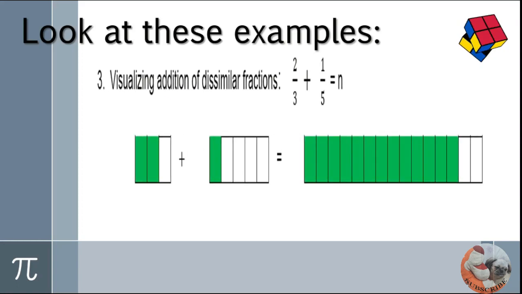Using addition of dissimilar fractions. 2/3 plus 1/5 is equal to